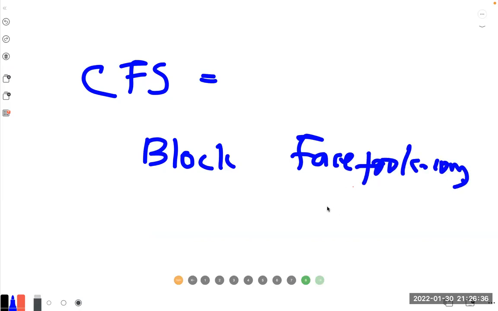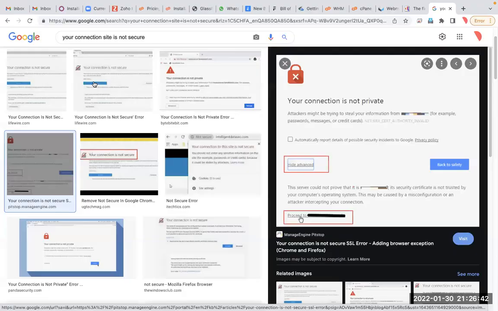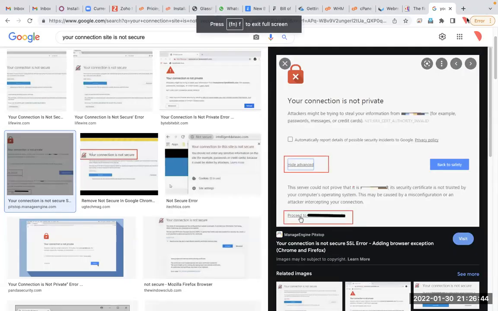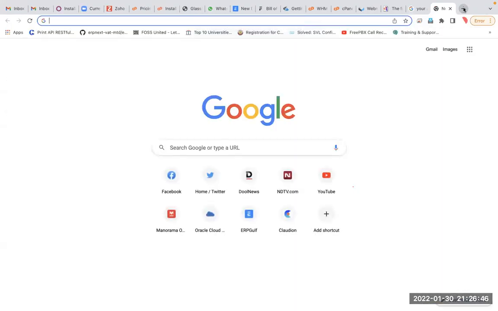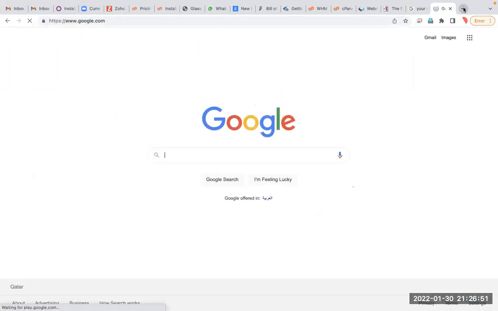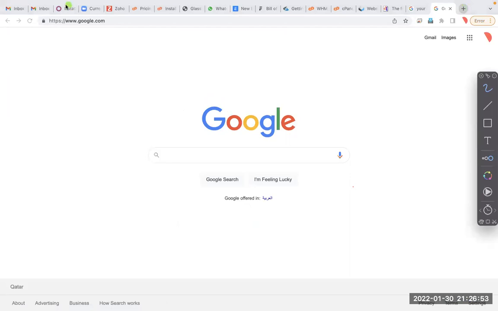Now, if you look at it now, you will not see that content filtering service, because what happens here, if you put anything like google.com, you see here, this one is HTTPS, and